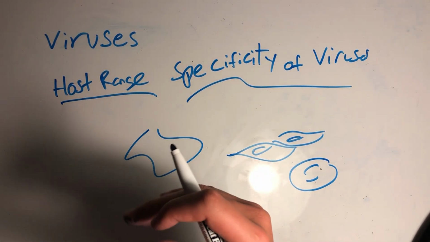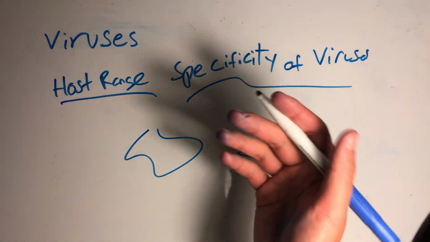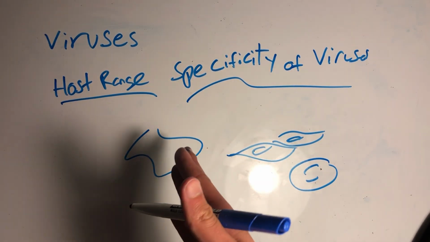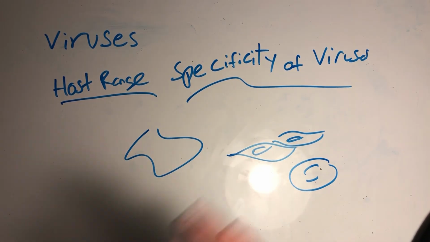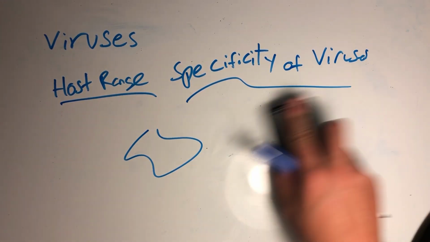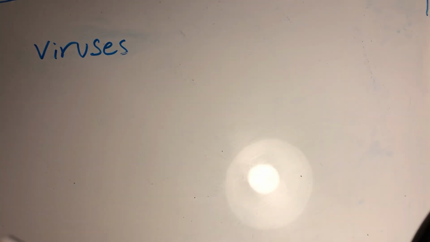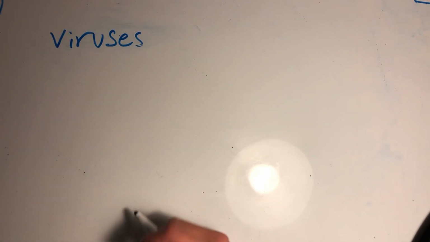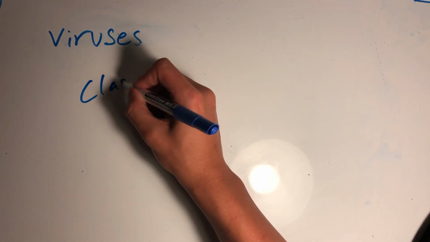So can it infect just a normal cell, like one for the muscle, or the skin, like a tissue one, or red blood cells, the ones for the blood? Those are the things you've got to look out for with these two, because they're very similar but they talk about two different things, to be specific. So yeah. And last but not least, we'll talk about classification